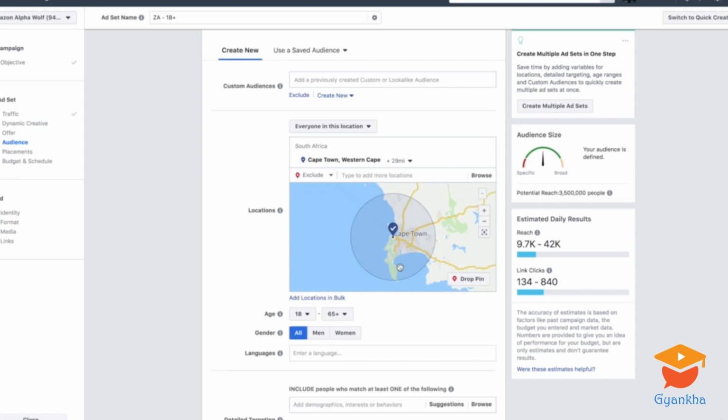So say there might be an area within Cape Town that you don't like to target or that you don't want to target, you can simply add it here and then exclude it. I'm going to leave it at just Cape Town, and you can also change this. Everyone in this location, people who live in this location, people who have recently been in this location or are